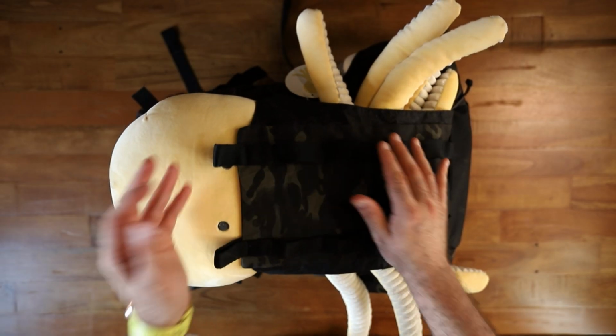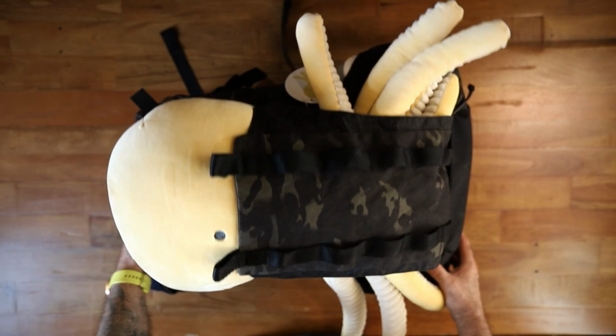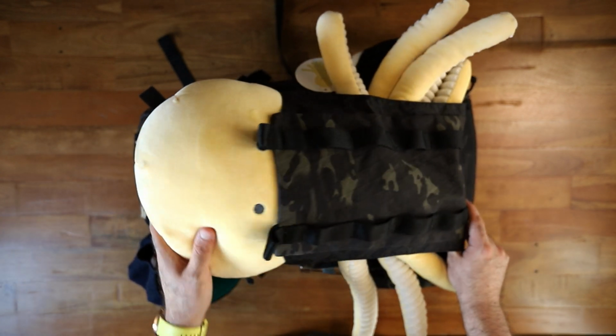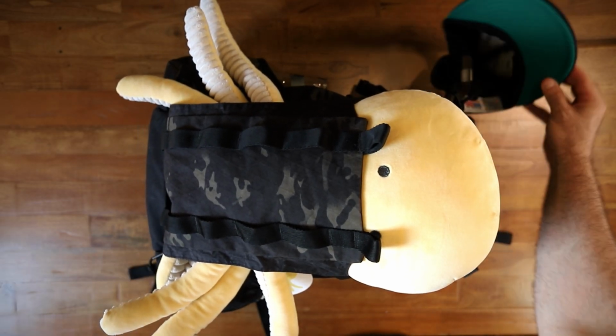This is the Mystery Ranch Plus times Carryology Dragon backpack. I used it today. As you can see, it's been to the park. It's a beautiful day here in Korea. I don't think when they built this bag they had dad bag in mind, but I'm probably going to tell you today it's the best dad bag that I've ever used,